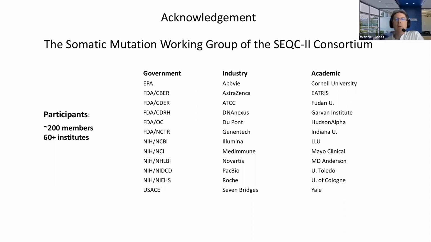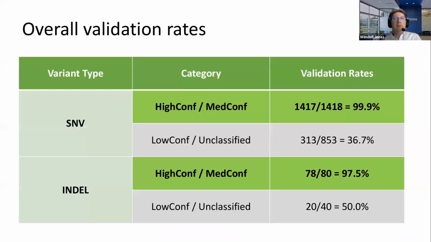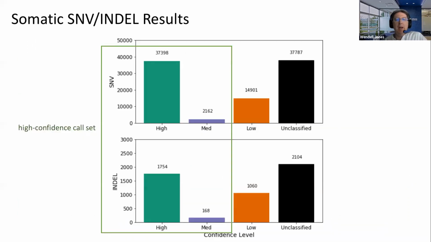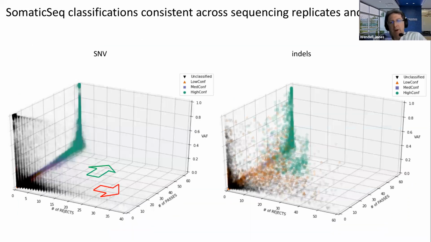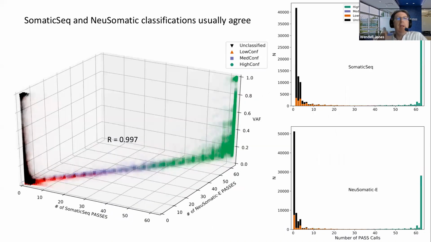Okay, thank you. We do have a question from Ken Gang from Thermo Fisher. He was commenting on the large number of unclassified calls, and compared to, say, the high confidence group, it seems like there are maybe even more unclassified than high confidence. But those unclassified calls had to come from someplace. In other words, they had to come from different callers, whatever. Any comment about